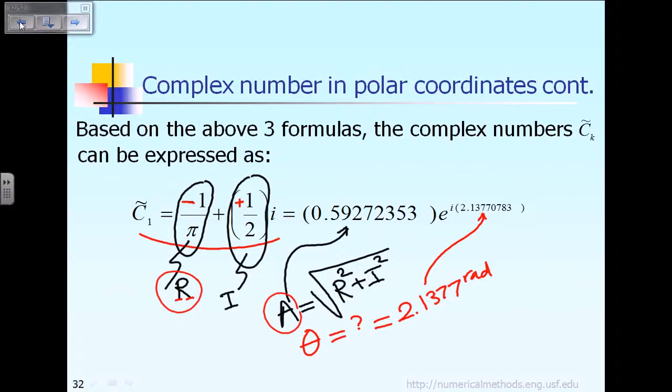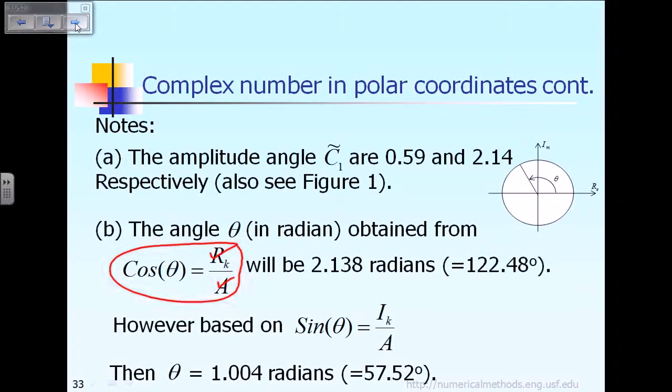Using the formula, the value for theta will be equal to 2.138 radian, which is the same thing as